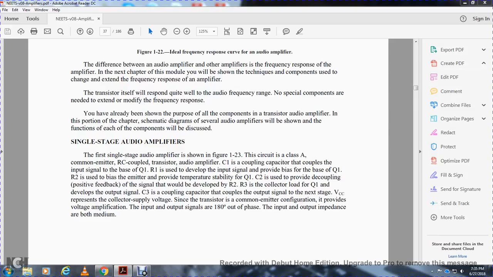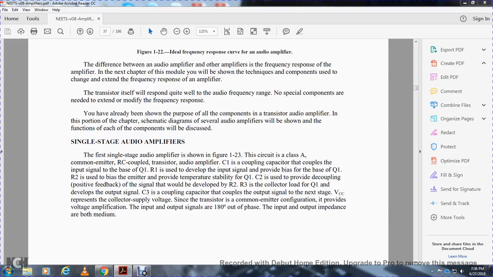The first single stage audio amplifier, shown in Figure 123, is a circuit with a class A common emitter, RC coupled transistor audio amplifier. Capacitor 1 is the coupling capacitor that couples the input signal to the base of transistor 1. Resistor 1 develops the input signal to provide the bias for transistor 1. Resistor 2 provides the base-emitter bias